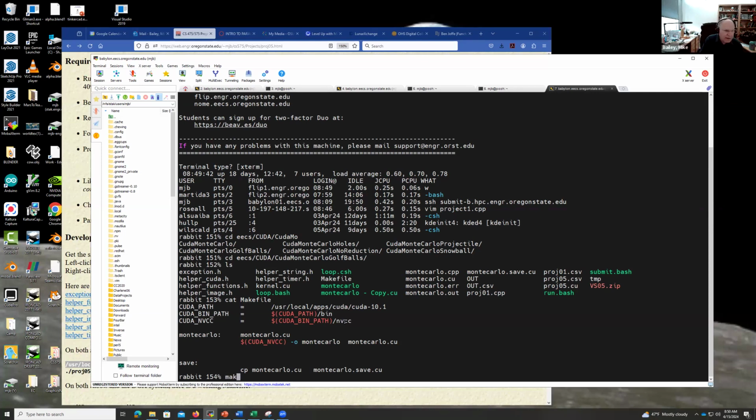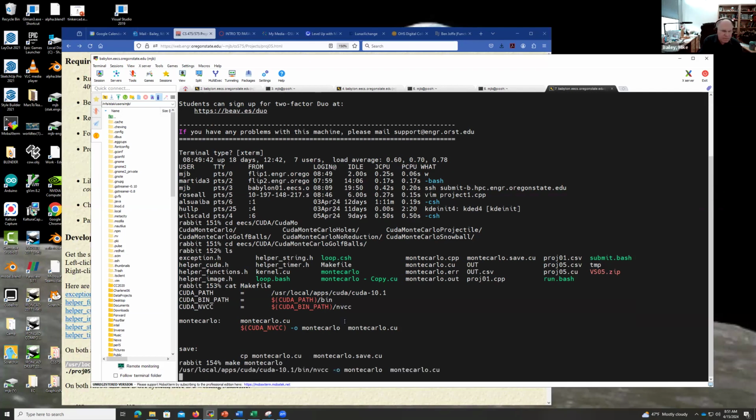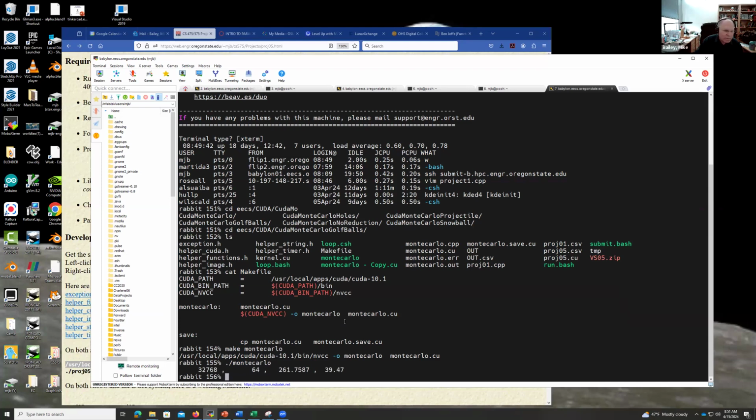So if I say make Monte Carlo, there we go, ./Monte Carlo, and there we go. This is not the correct probability. I changed the numbers for this video. But here we go. This is the number of trials. This is the number of threads per block. And this is the mega trials per second. And if I now run the bash script,